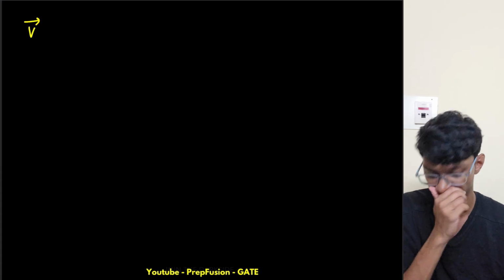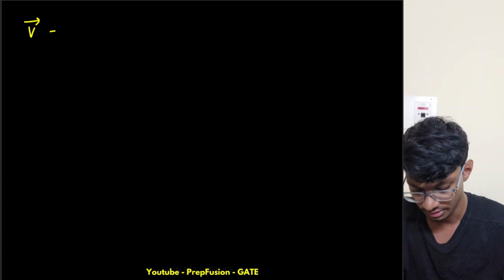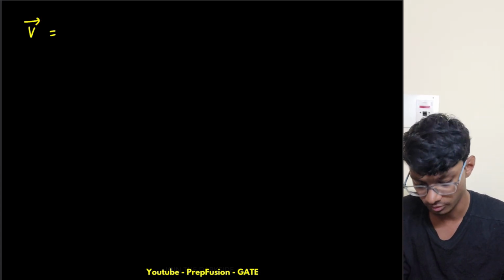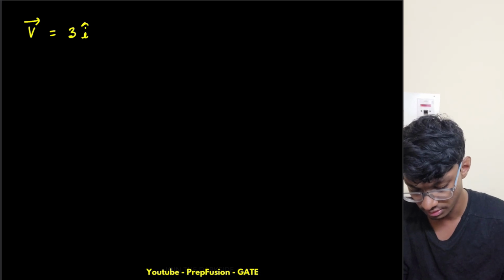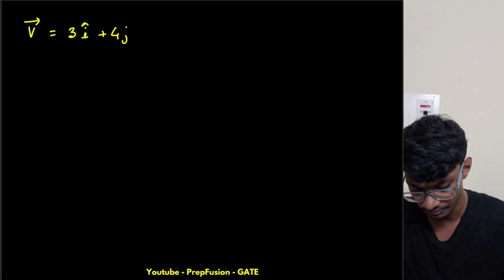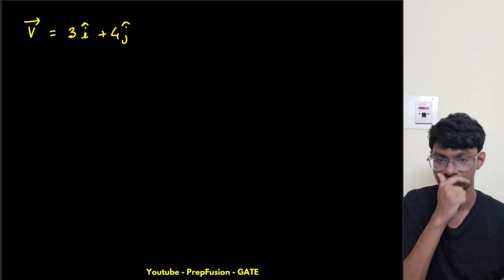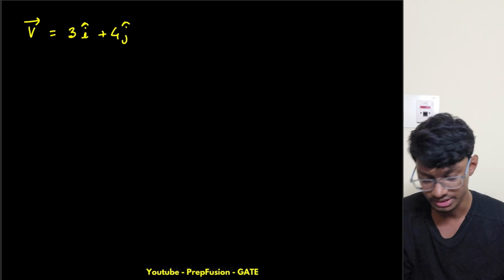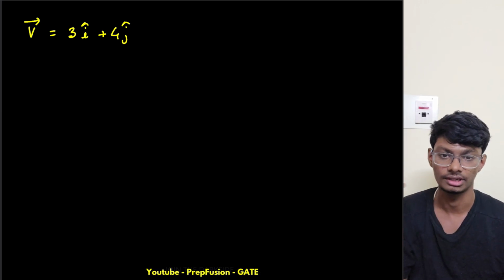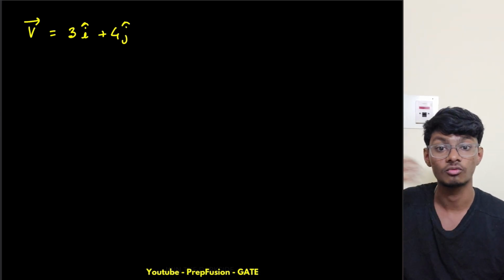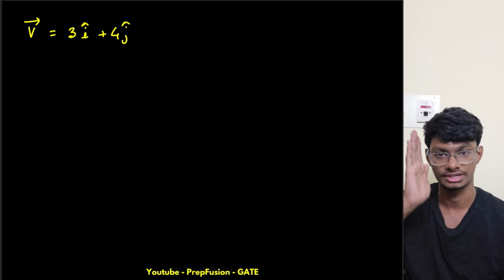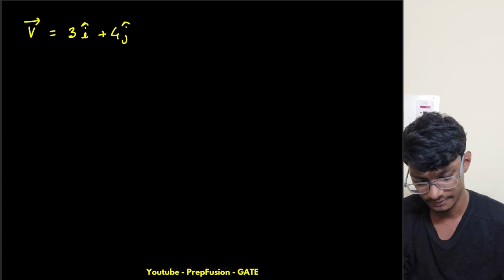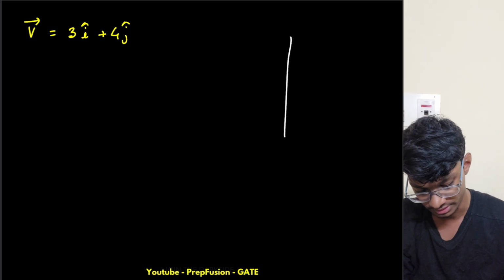So what I can write here, vector v, is, let's say, 3 i cap plus 4 j cap. I hope you understand what i cap and j cap mean. Basically i cap is along the x axis and j cap is along the y axis. So if I draw two axes,